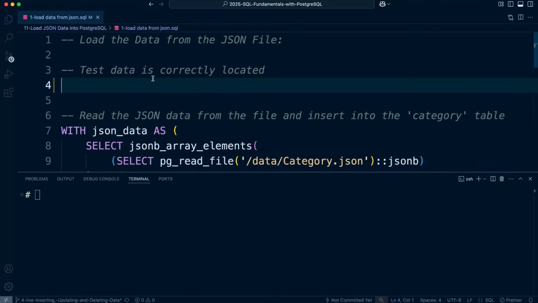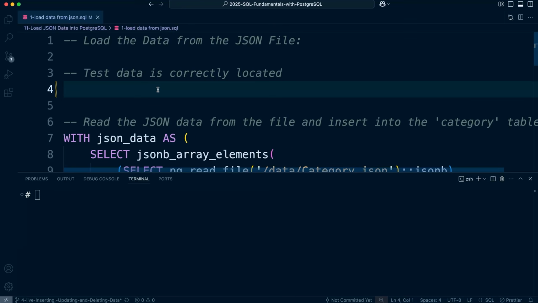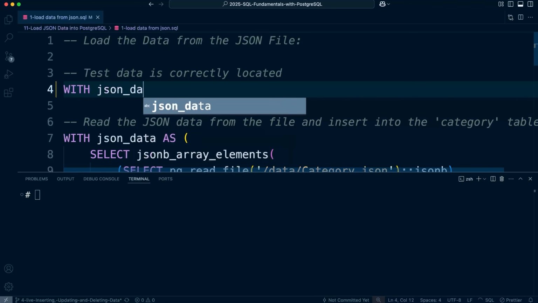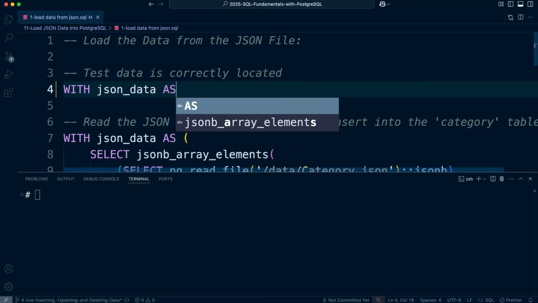Right, so first of all, we're going to use WITH. Remember, this is SQL. Here we are using a Common Table Expression, CTE. The WITH clause defines a common table expression, which is going to allow us to create a temporary result set that we can then use in the main select query. So WITH json_data AS,